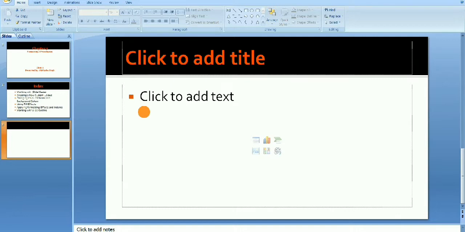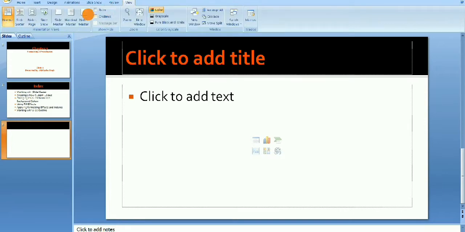So let us see from where we can work with the Slide Master. Firstly we have to click on the View button. This is the View button. When you click on it, you can see the different types of views, as you already learned in your previous chapters, so I'm not going to tell about these views.